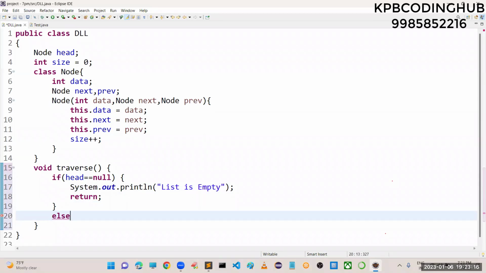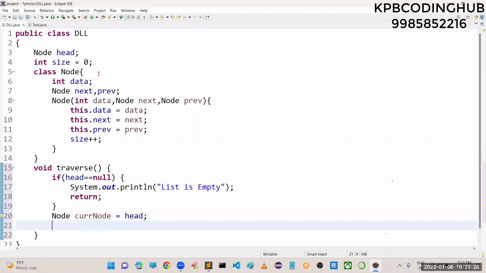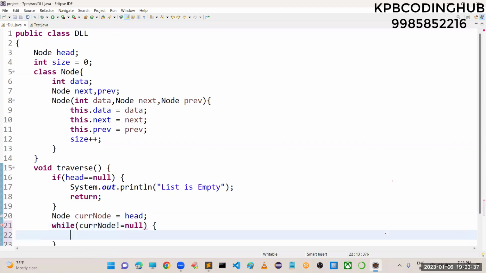Otherwise, what we have to do, after returning, no need to write anything else. Directly we can take a node. I am taking the current node. My current node is always pointing to head. So while your current node is not equal to null,